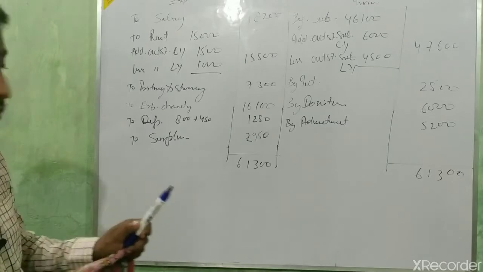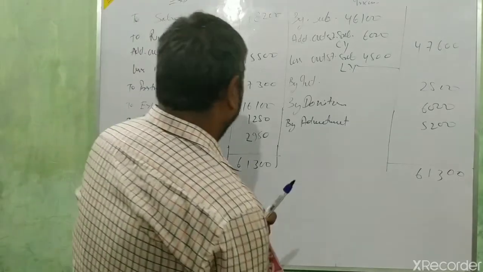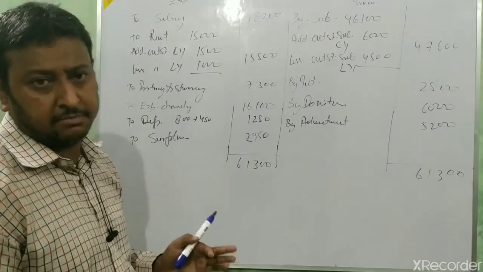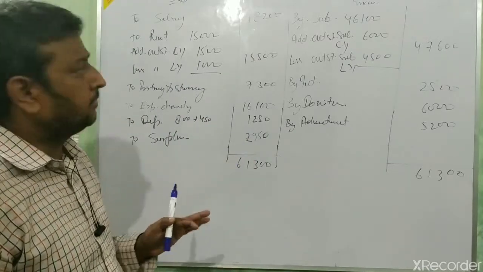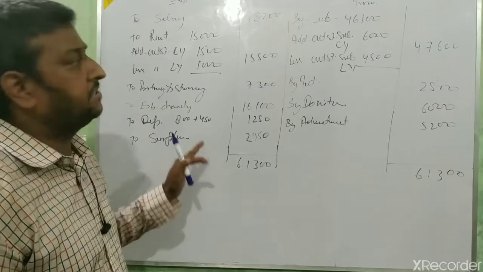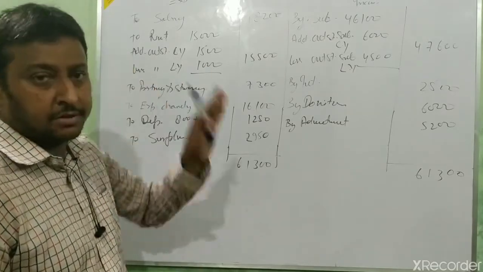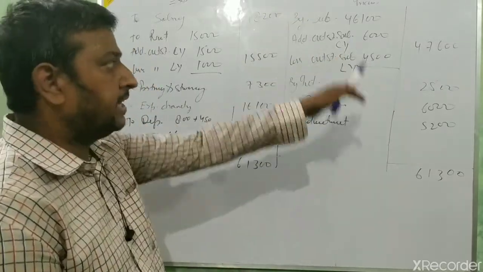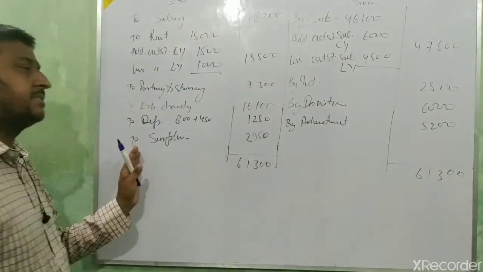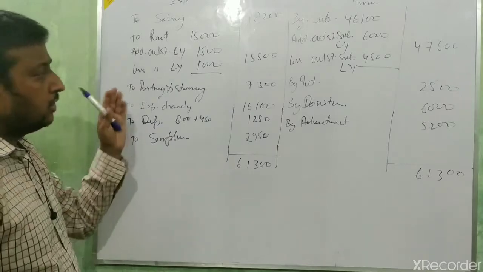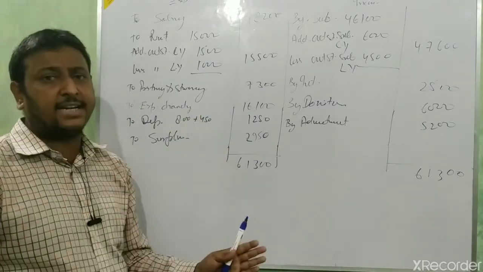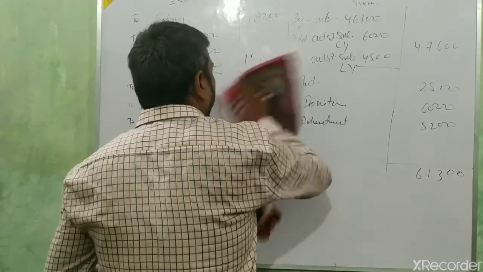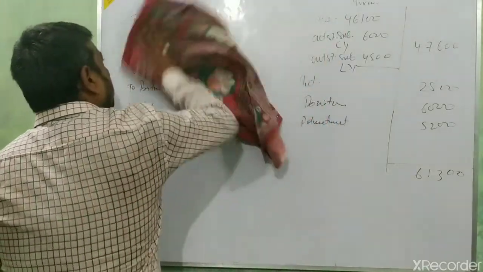Then we are going to make the opening balance sheet. Okay beta, is this clear? Opening balance sheet is not very tough. Income and expenditure is very important. Balance sheet you will know. All the income this side with the adjustment, all the expense this side with the adjustment. Don't take any balance, only current year data we take. Okay beta? Go for the next.